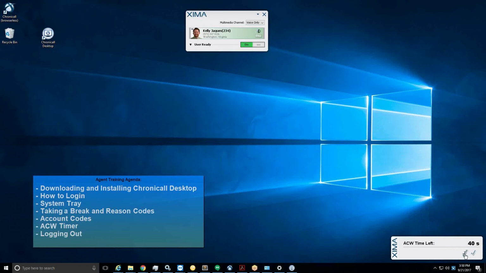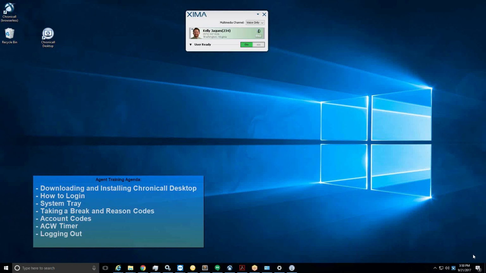It's just a great option in case you needed just a little bit more time, maybe not necessarily a break, but just needed a moment longer. Now, keep in mind, your management does have the tools with our Chronicall software to track this, so they can identify if anybody is abusing that snooze button and how long you're using on average for your after call work. So don't think that you can get away with pushing that again and again. Your management will be able to track that. Okay, so I'll pretend like I'm done, and I'll click that check mark, it goes away,